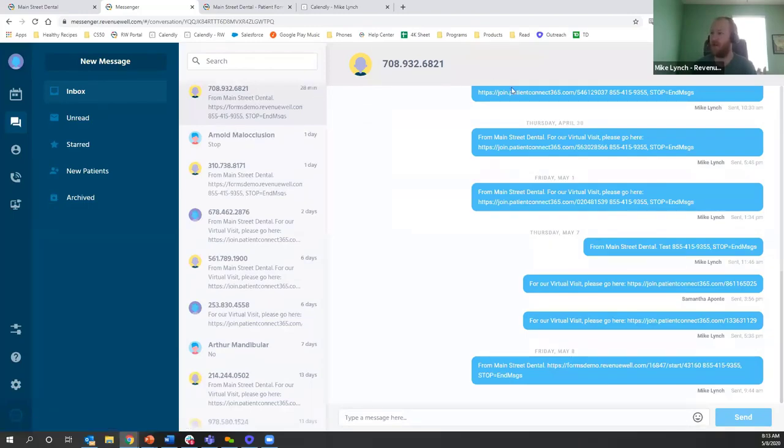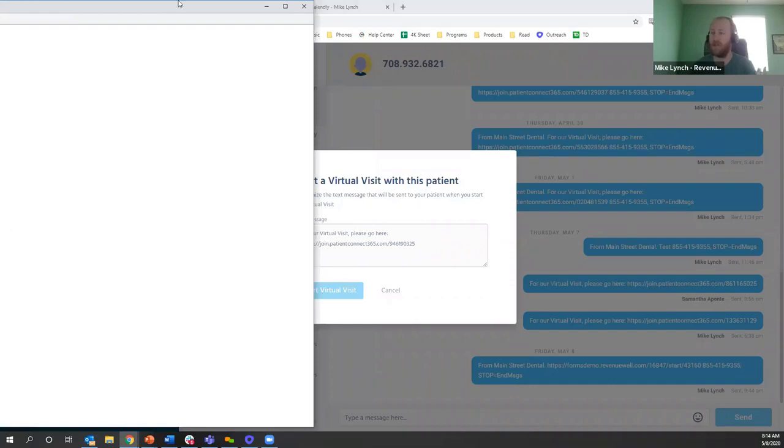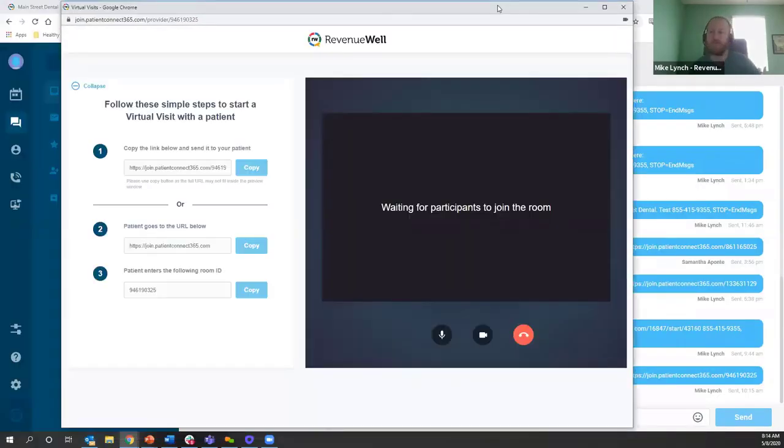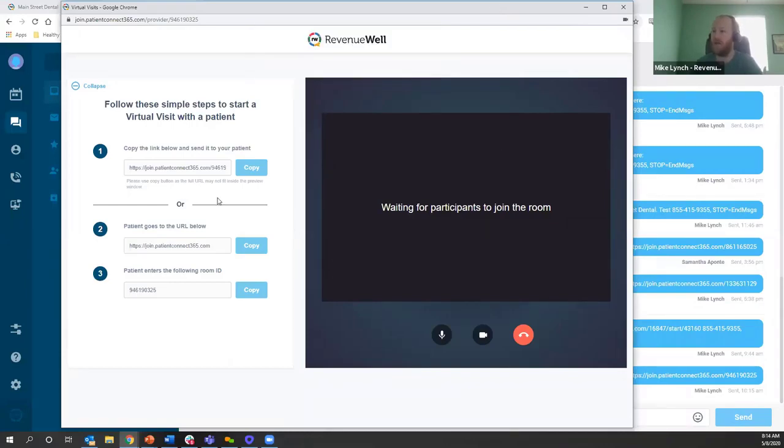This is my personal cell phone, but you normally just see your patient's information. Maybe you're having a communication via text through our messenger and you want to start a virtual visit. It's really easy to click this button, and what it's going to do is send a text message to your patient. The patient is then prompted with a text message, and all it's really going to ask them to do is click. They don't have to make any accounts. They don't have to log in, and you're going to have the ability to essentially have a one-to-one HIPAA-compliant consultation